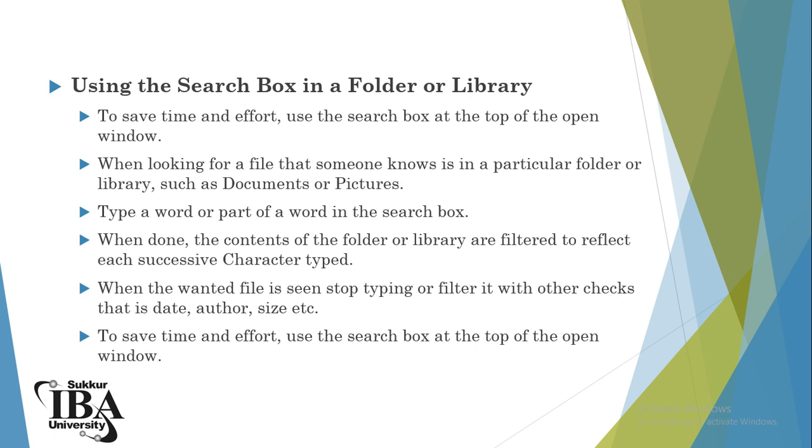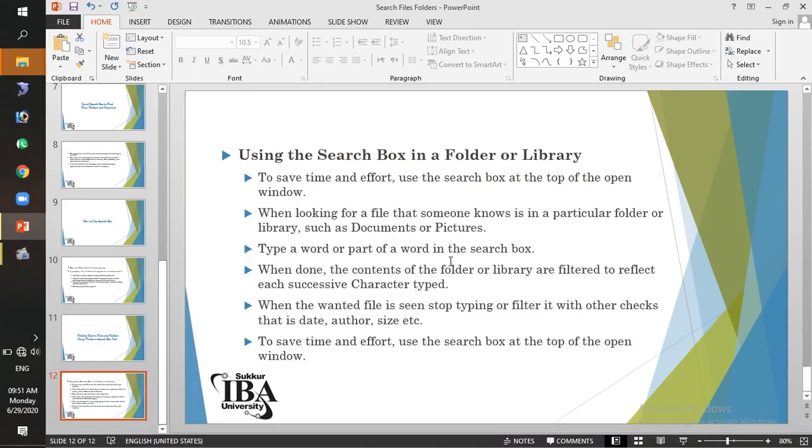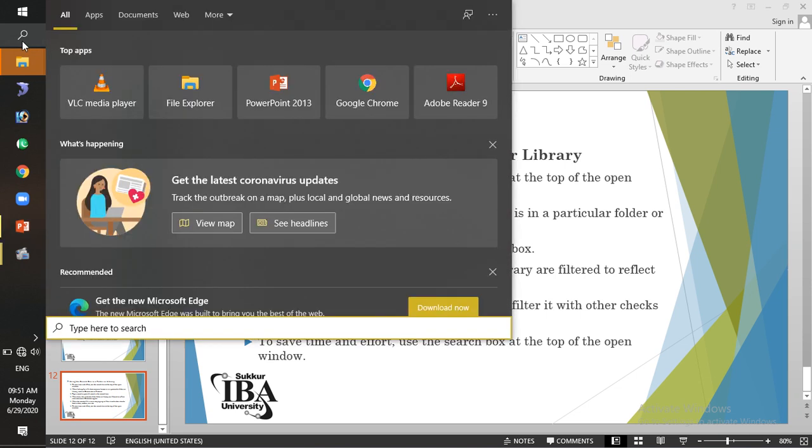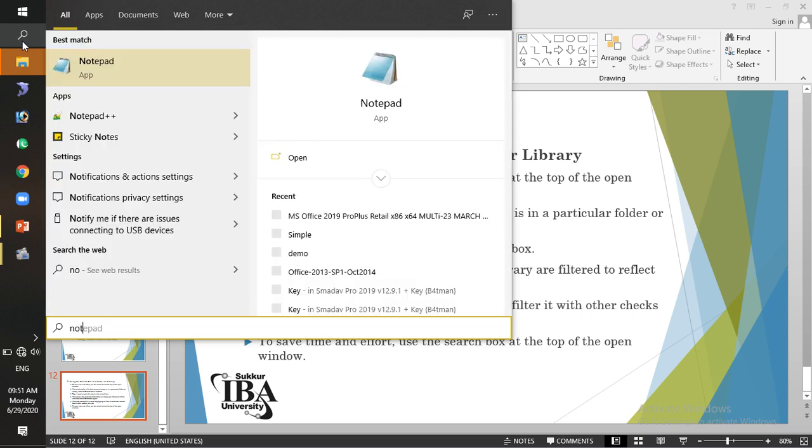Okay, now we are going to perform all these things using the search box. So it is our search box, now the start menu, the start button. Suppose I am going to write here note.